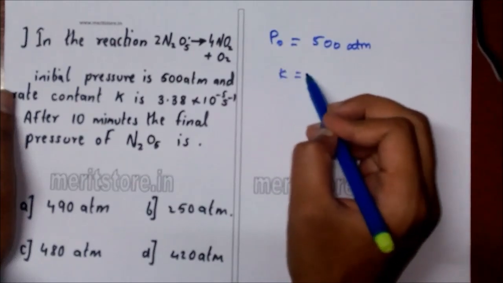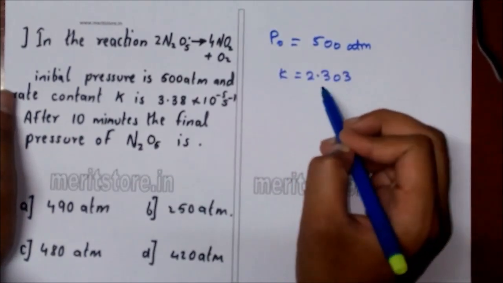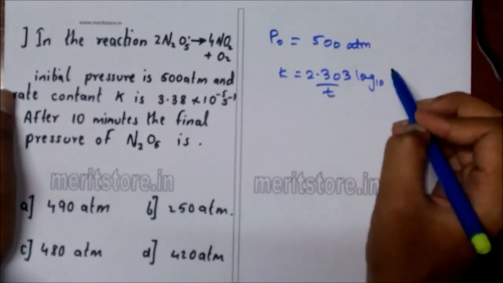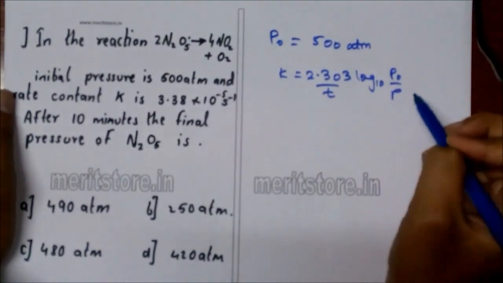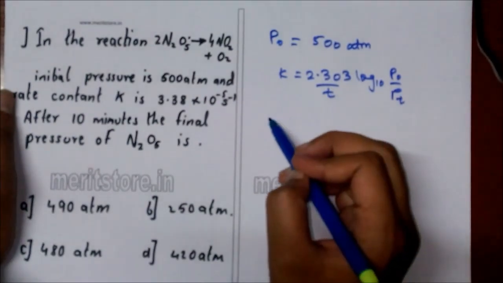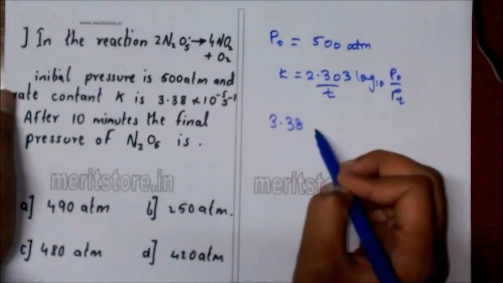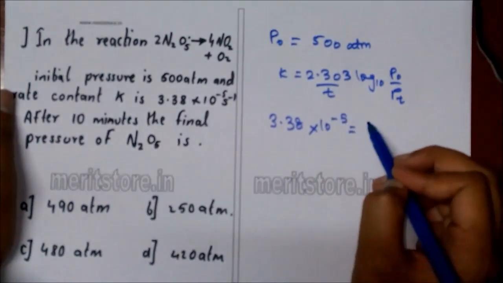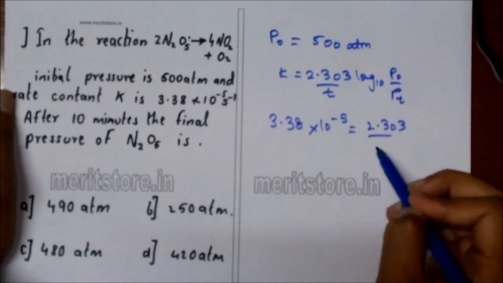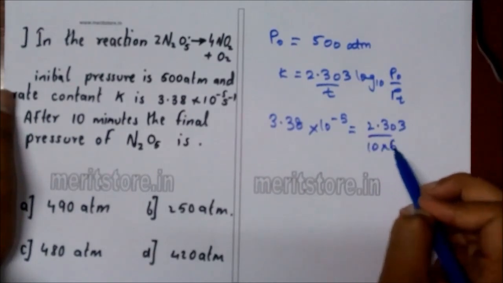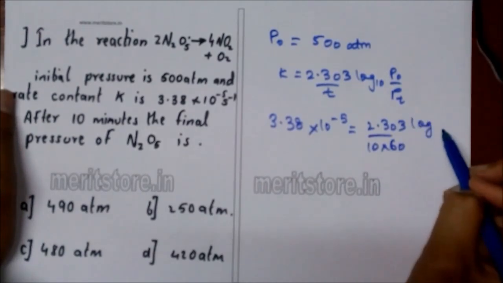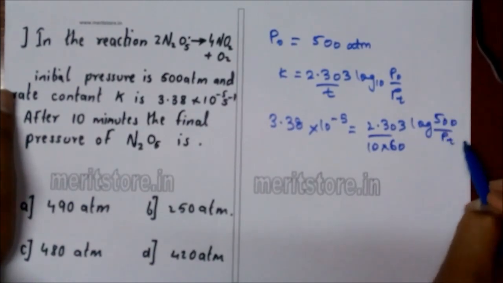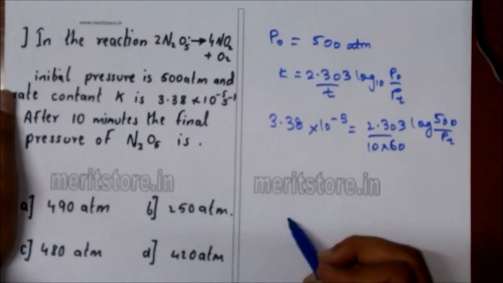So K is equal to 2.303 upon T into log to the base 10 of PO upon PT. K is 3.38, which is the rate constant, into 10 raised to minus 5, equal to 2.303 upon 10 into 60, and log of initial pressure is 500 and final PT, which we have to find out. So on solving this, we get